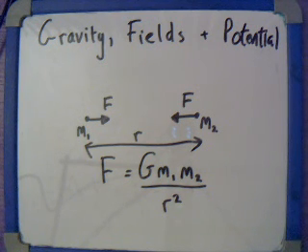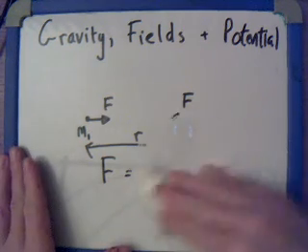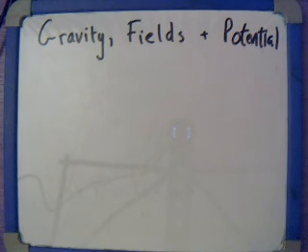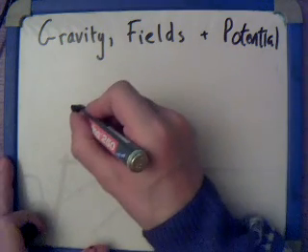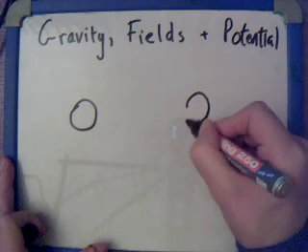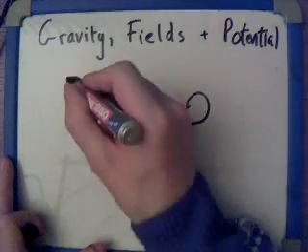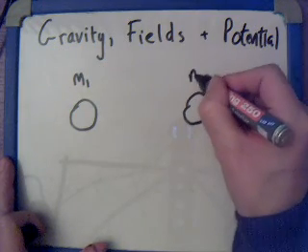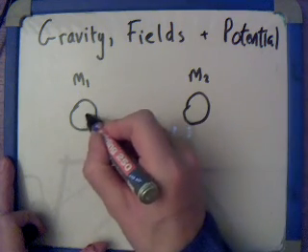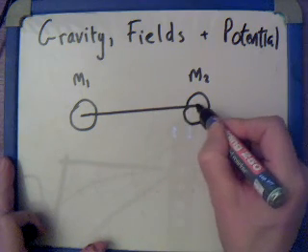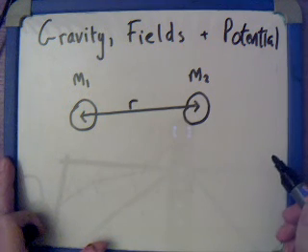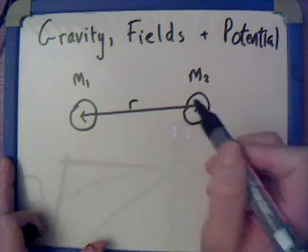Now let's make it a little bit more real. I'll rub this off. And so what would be the force between real masses? So we'll make them spherical masses, a bit like planets. Again, we'll make them the same size. These are solid masses. Again, we'll call it M1 and M2 being solid masses. Now the distance between them will be the distance between their centres, like that. So the distance between them is r, that's between the centres of these masses, and they both feel the force